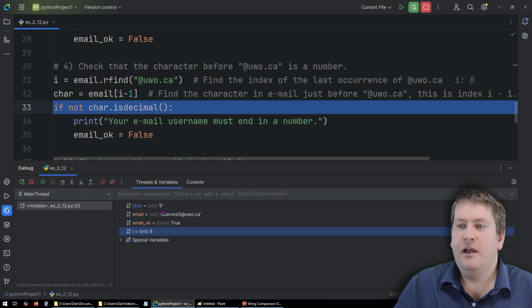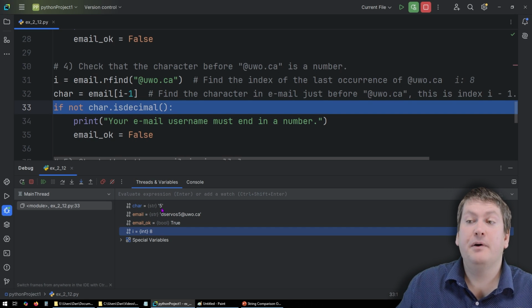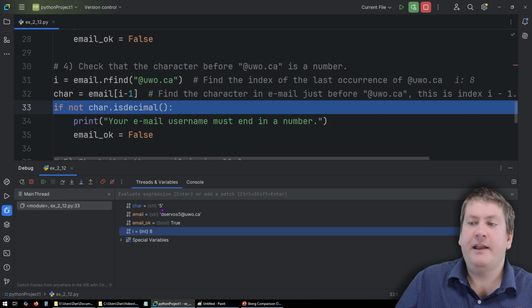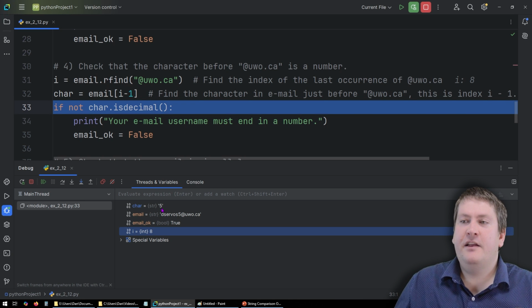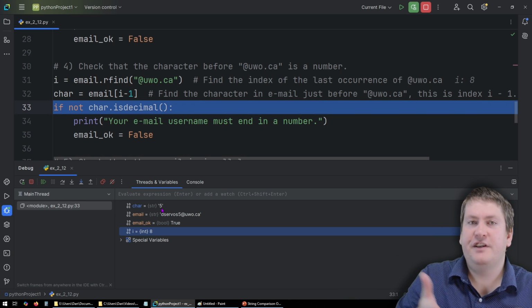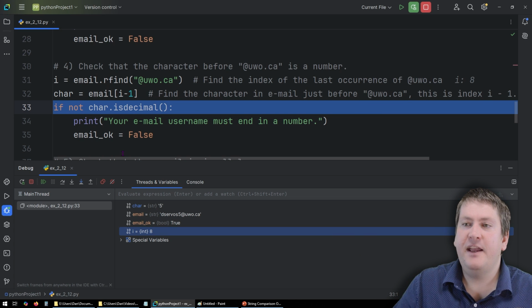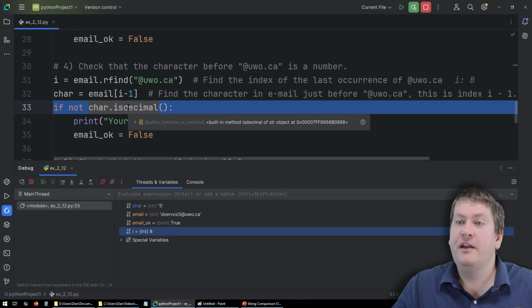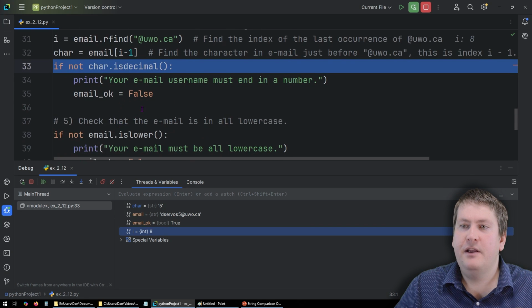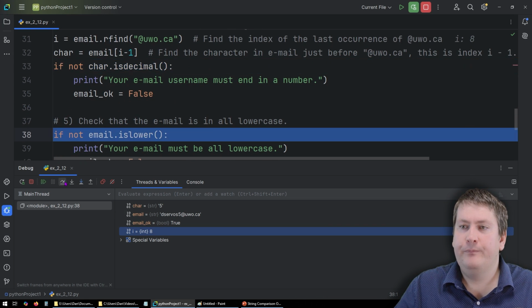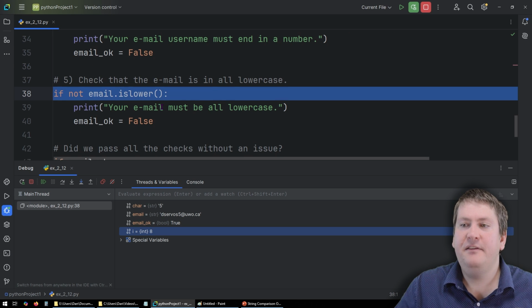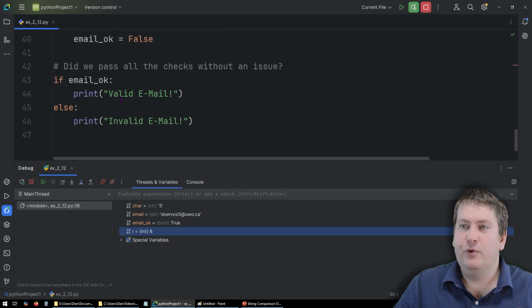5. The next line is going to check if specifically char is a decimal. Now remember, the isdecimal method returns true if it is anything that is a digit. So digits 0 to 9. It is in this case, so we get true, but we have not in front of it. So it switches that around to false, which means we don't enter this if statement. We're going to jump down to the next check. We're checking if it's all in lowercase. It is. So we're going to skip this, and we're going to finally get to the last part where we